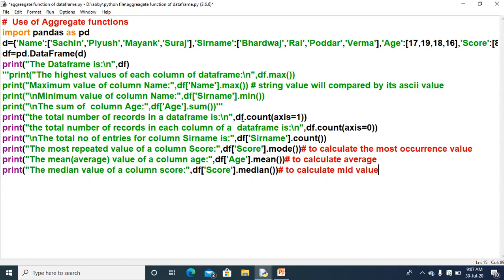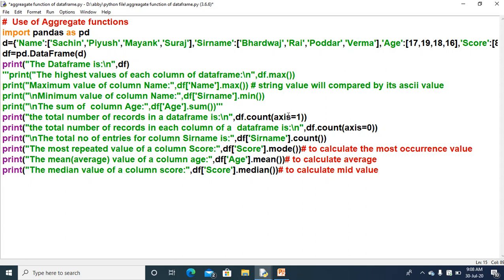So whenever you directly access the count function or any function, it will apply to the whole data frame. But if you provide any specific column over here, then it will return that very column's number of records.